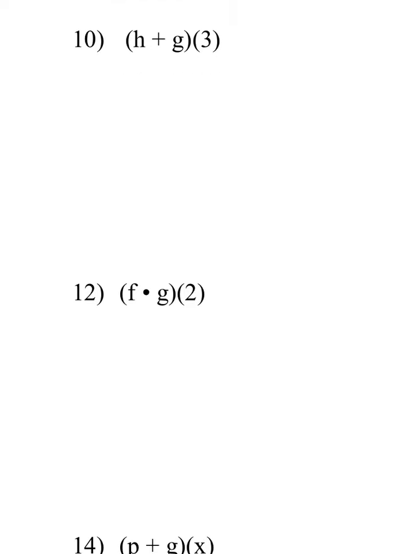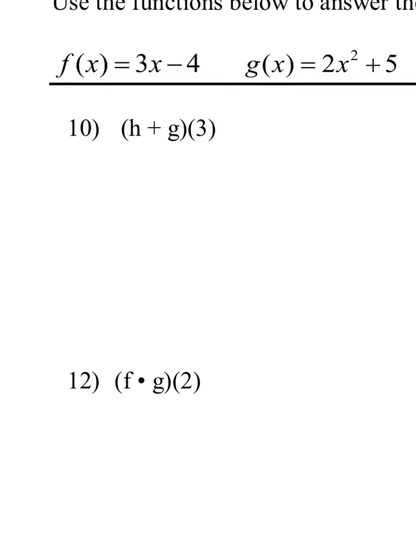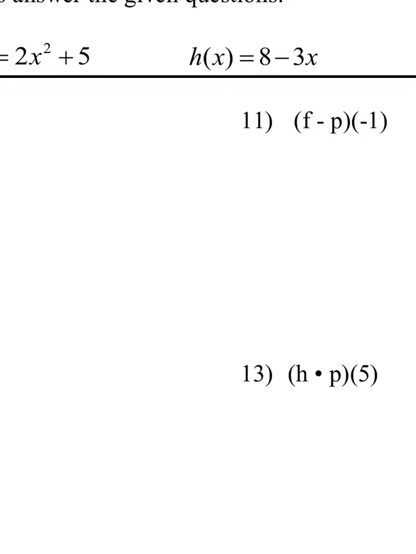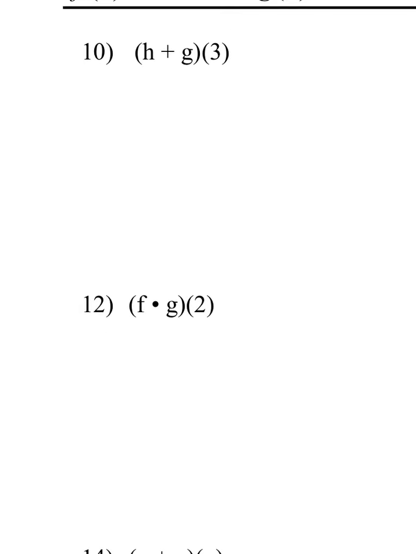All right, we're going to choose the h function first. h of x is 8 minus 3x, and I'm going to plug a 3 in there. So 8 minus 3 times 3. This gives me 8 minus 9, which is negative 1. Then I'm going to do